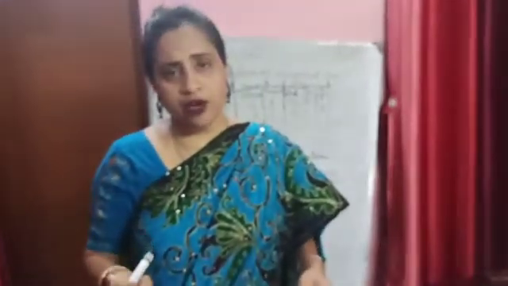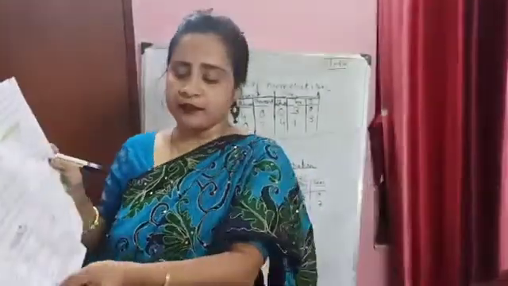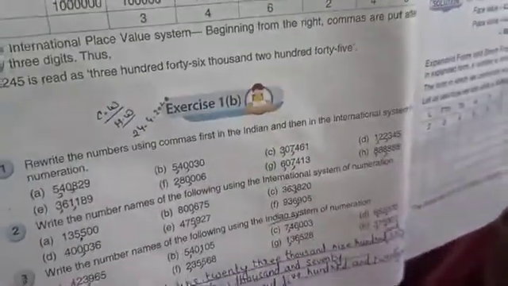Okay, my dear children? Did you follow me? You have this for your homework. Am I clear to you all, my dear children? In my next class, I should see that all my children are doing their work in their maths copy. These number names you will do in your maths copy. I want to see your maths notebook. You have to do this third number. I am writing it over here also. Homework.